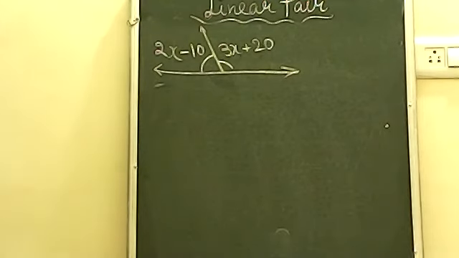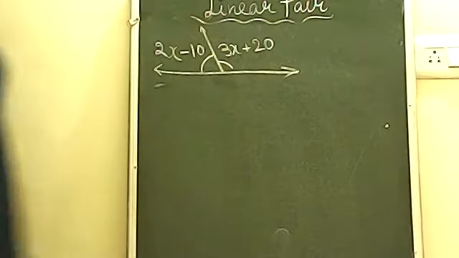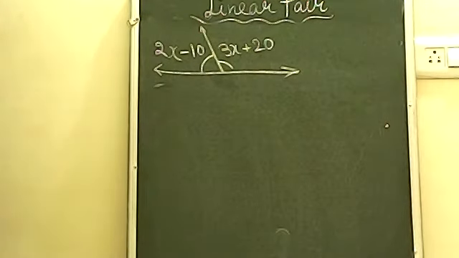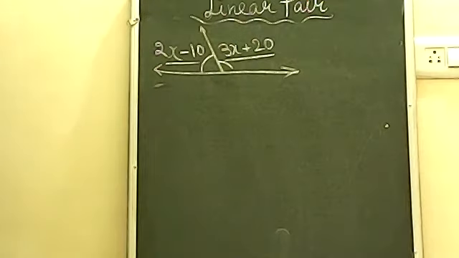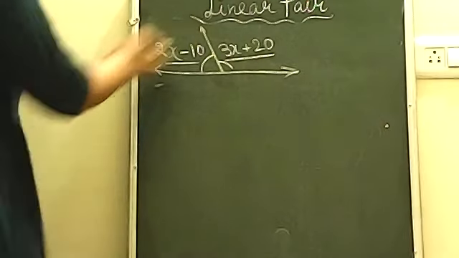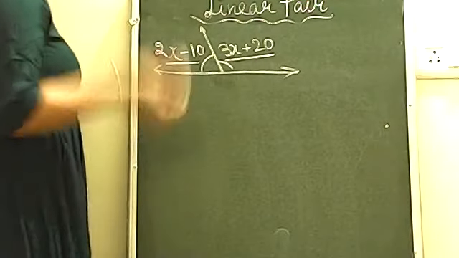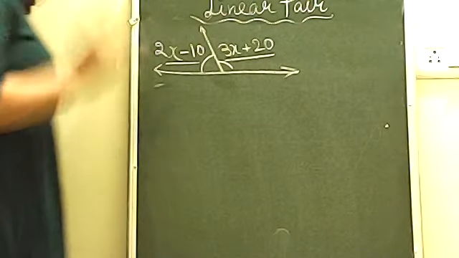Now let's try a little more complicated question. If you see this question, you will assume that it is a linear pair. So this is a linear pair question which everybody knows. Now the second part is that the angle's value is given in the form of x. And not only a simple x, it is written in a more complicated way. But you know that this is again a linear pair question. So if you add both the angles, they will give you 180 degrees. Why 180? Because linear pairs are always supplementary.